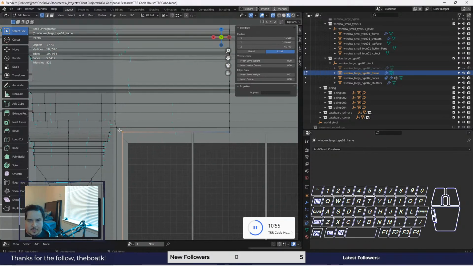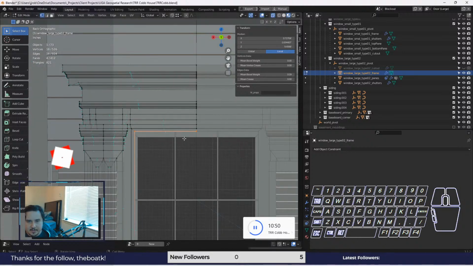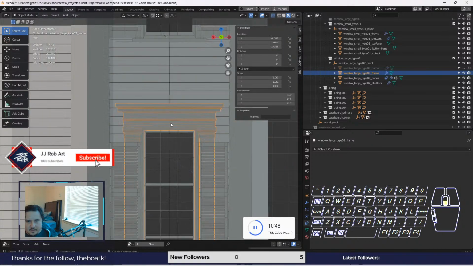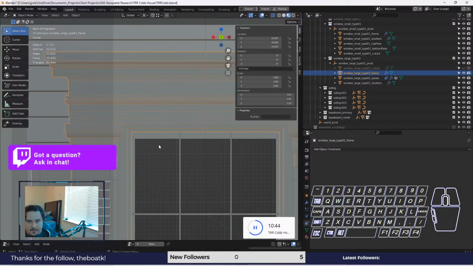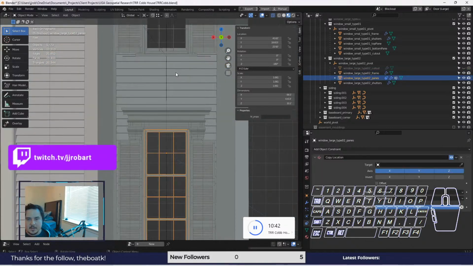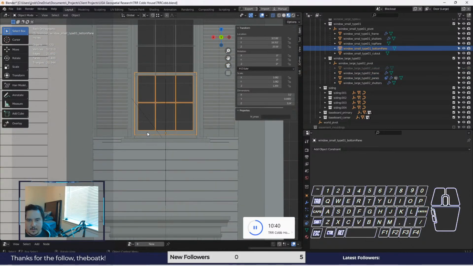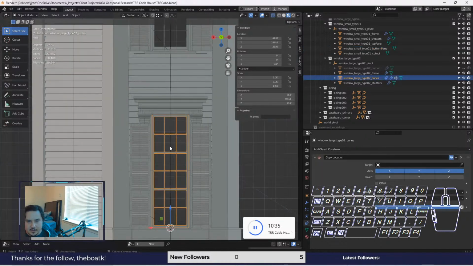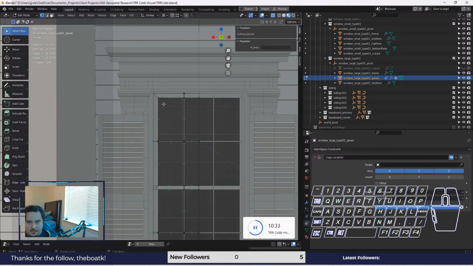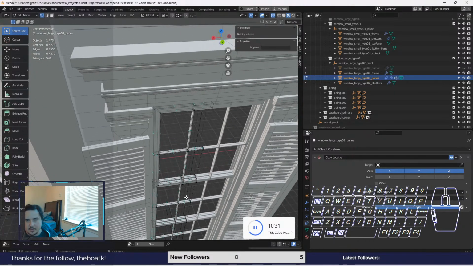Okay, so let's get a little bit more right here. GZ, just a little bit. I just mainly wanted to make sure that those windows are matching up visually. So the interior here probably needs to try and match, I probably need to try and match that up with